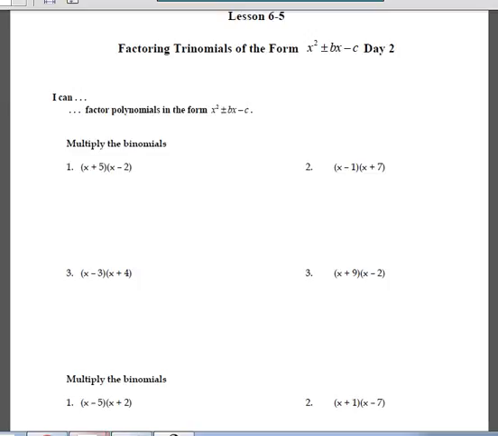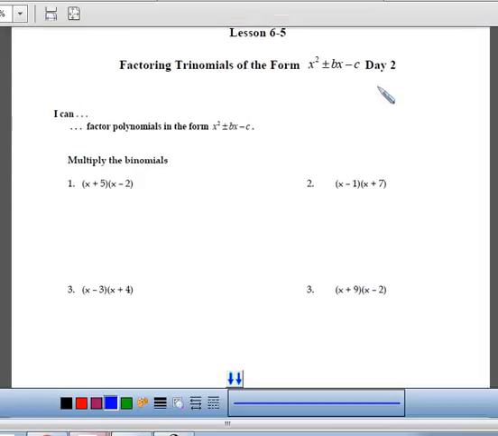Hello, welcome to the video notes for lesson 6-5, and this begins on page 14 in your notes packet in your binder. So the learning target for this is I can factor polynomials in the form x squared plus or minus bx minus c. So the key to that is, and this is all about factoring,